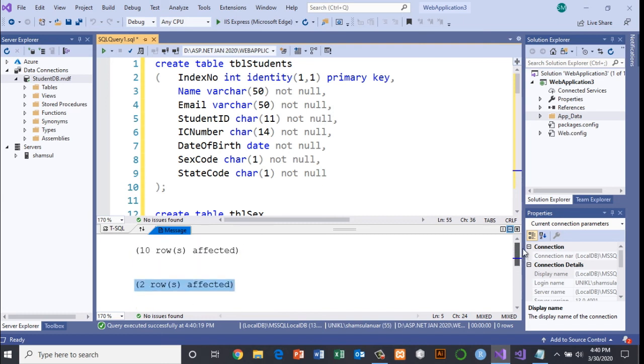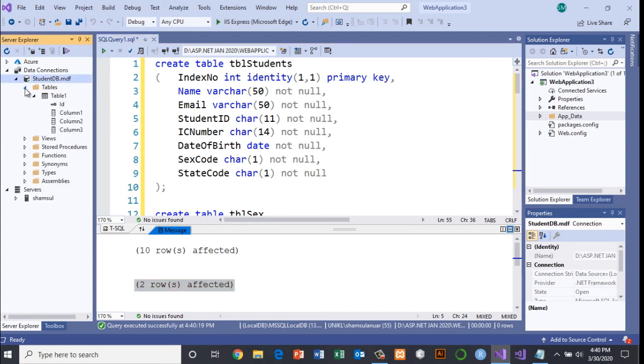And how do we actually look into this? Now I click the table here. You will notice that it does not register TBL students because we have not refreshed this. This is table 1. So when I refresh this, you will notice there are TBL sex, TBL state, and TBL students.